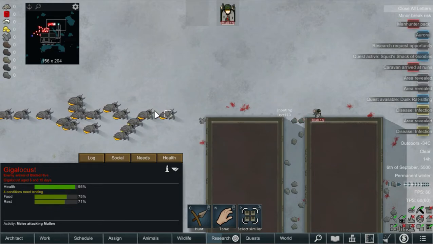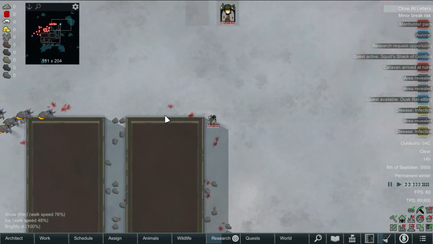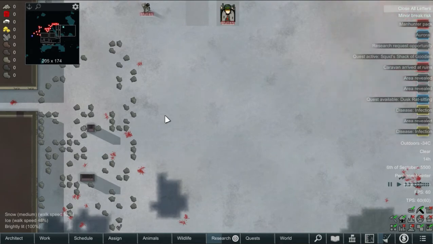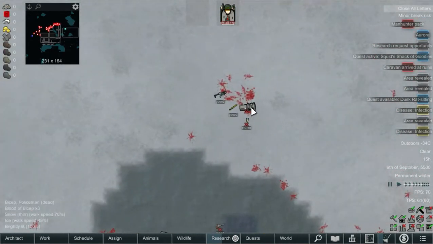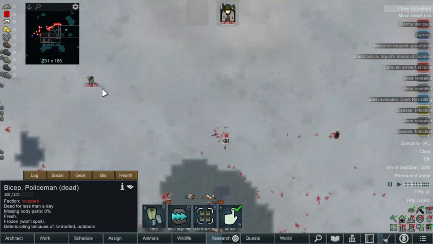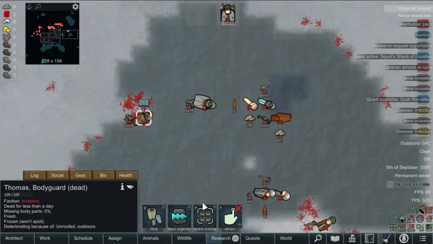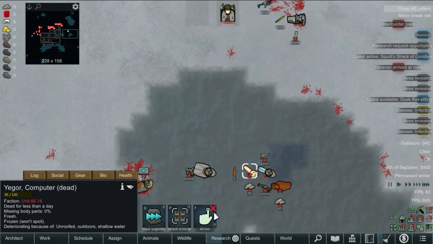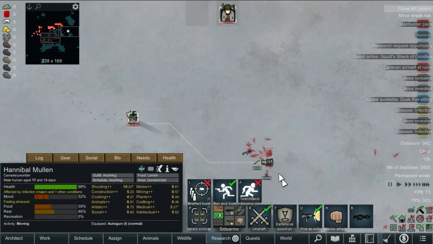Because we can't do too much against these Gigalocusts. We don't have the weapons, and it is a race against time. We've got a good immunity boost, but it doesn't mean we are immune to infections. Like, we will die if we don't move. So we'll allow you. Allow. Okay. That will put us up to a